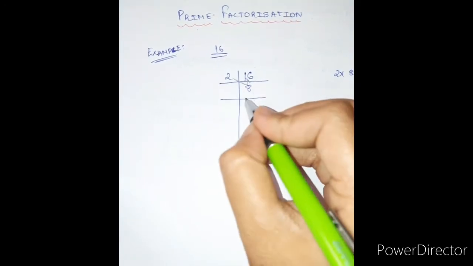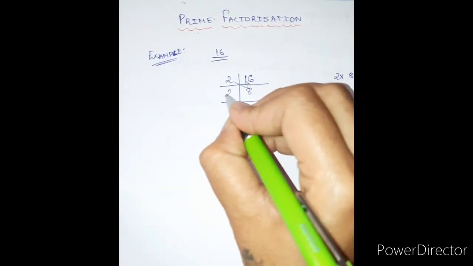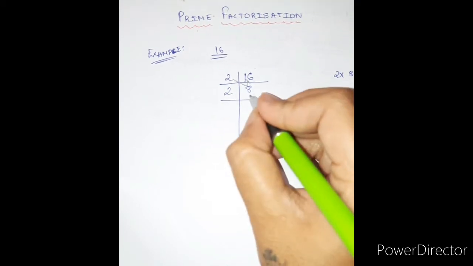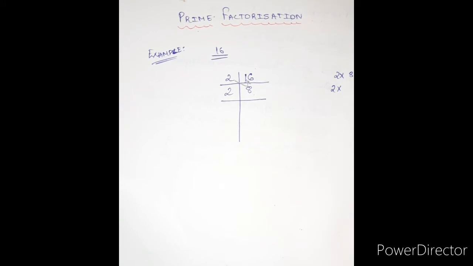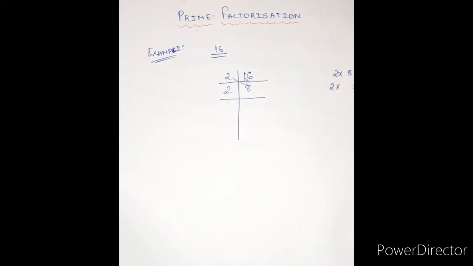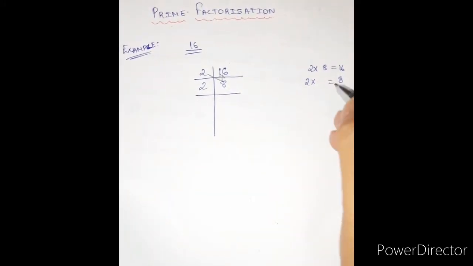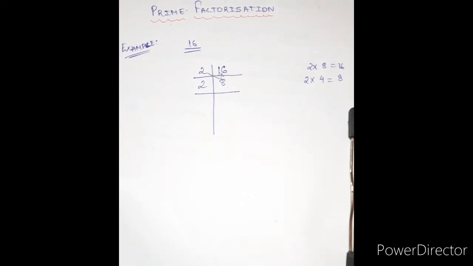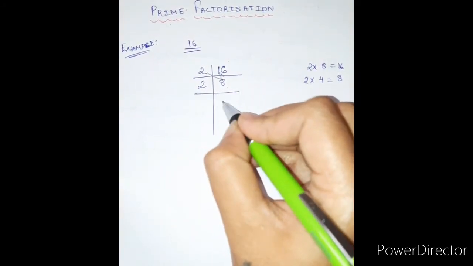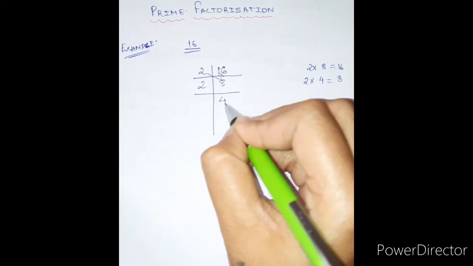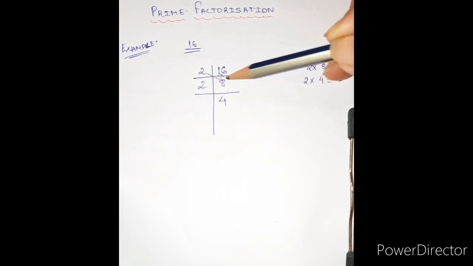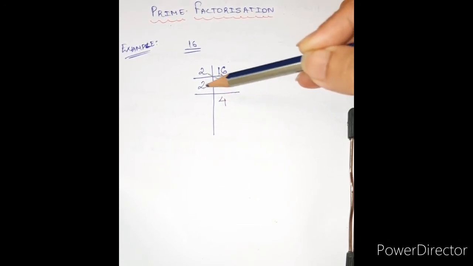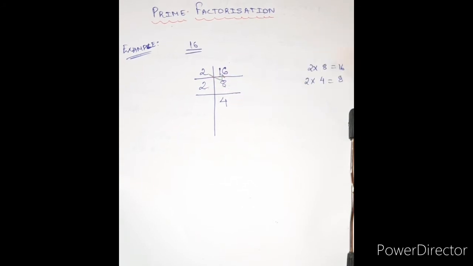Can we take the table of 2 again, or the prime number 2 again? Yes, it has 8 in it. 2, how many times will give us 8? 2 4s give us 8. It goes again in this way. 2 4s are 8. We already have the answer, but we just have to find the prime number and how many times it will go with.